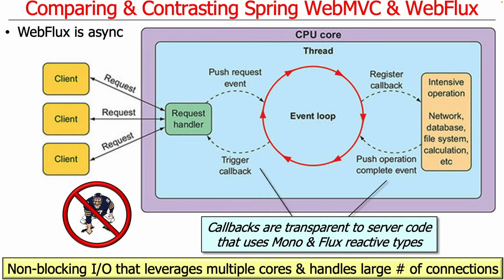And each of those threads runs an event loop, and clients will drop their requests off into some kind of asynchronous queuing-like model. And the event loop will take the operations, and when it is ready to do something, or when the operations complete, because they're all running asynchronously, then callbacks are invoked. And this is what implements the programming model that you see as a programmer of WebFlux, which looks just like you're programming good old Project Reactor fluxes and monos. So it looks very similar, but under the hood, it's a completely different implementation, and it's using these asynchronous types and asynchronous processing. And all the stuff that's happening here is totally transparent to you